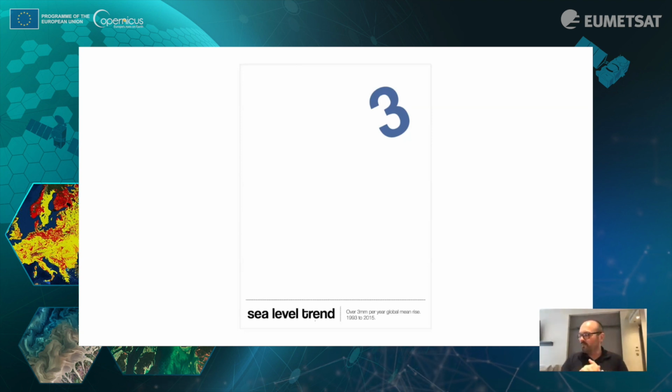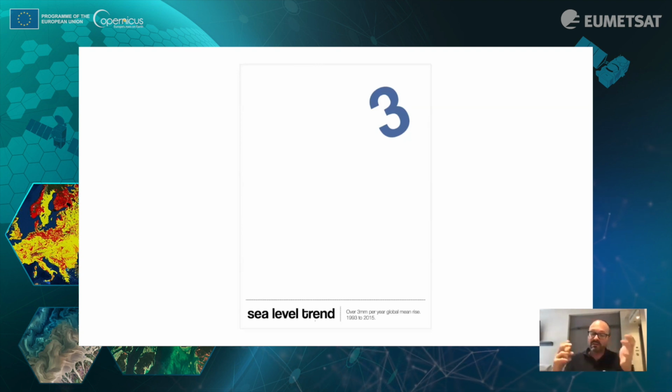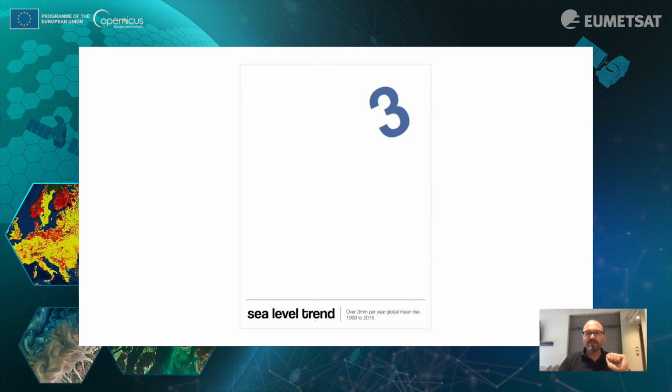I added this one. This is possibly going a little bit too far in the abstract nature. So for those of you that aren't sea level experts, the average rise is 3 millimeters per year over the satellite era, so from the early 90s. And there's an exponential increase if you look at the graph. So we've just put the number 3 there and tilted it looking back. For me, it doesn't particularly work, but some of my colleagues really liked it. Any feedback on any of these would be good, but I think you can go too far in trying to simplify your message in some circumstances.